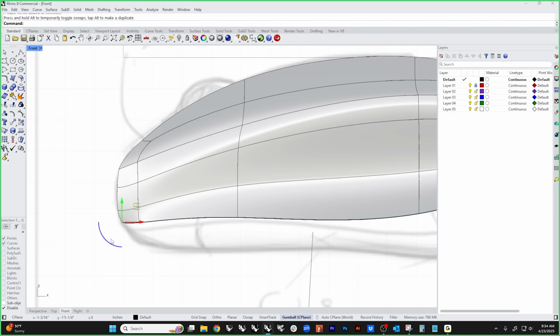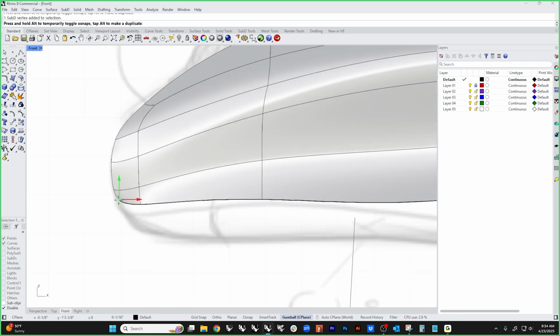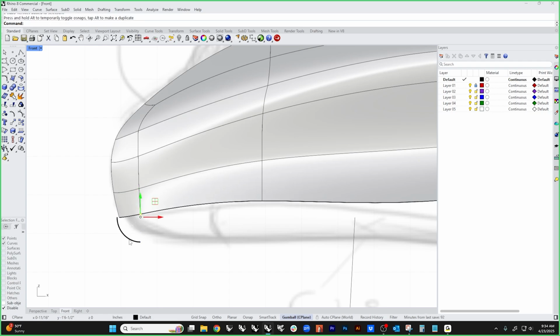Pull this in a little bit. Pull this out a little bit. See how nice and easy that is? Pull this down a little bit like that. Pull this guy down a little bit. If we had 1,000,000 points, this would be really,